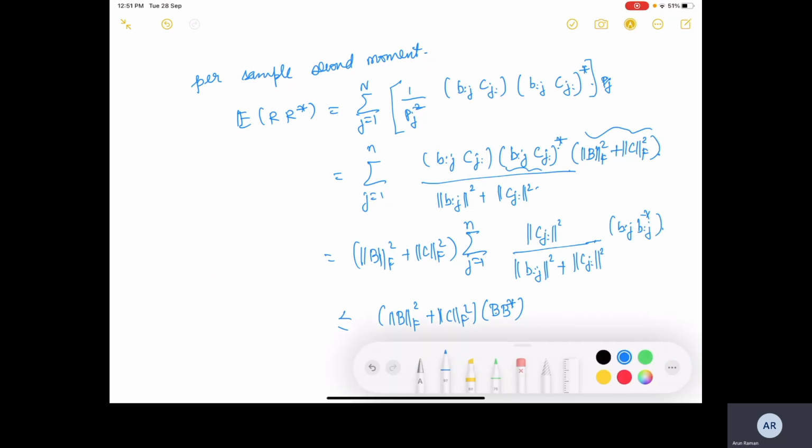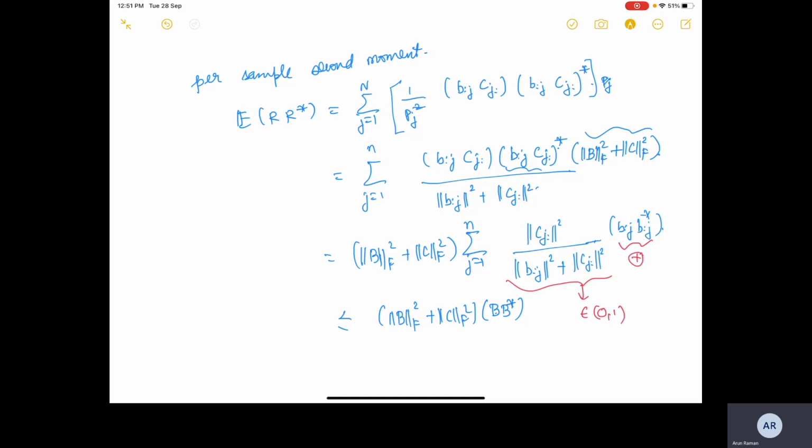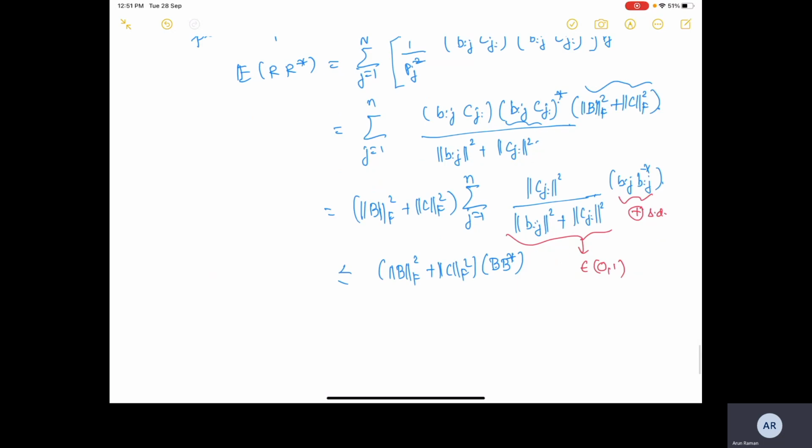Okay, so how we get this is that this is a fraction that lies between 0 and 1, so we can just take 1 on all the sides, and this is positive semi-definite. Bj star is positive semi-definite. Since this is positive, if we want to maximize, we just take the upper bound of this ratio, and that is how we got this bound.